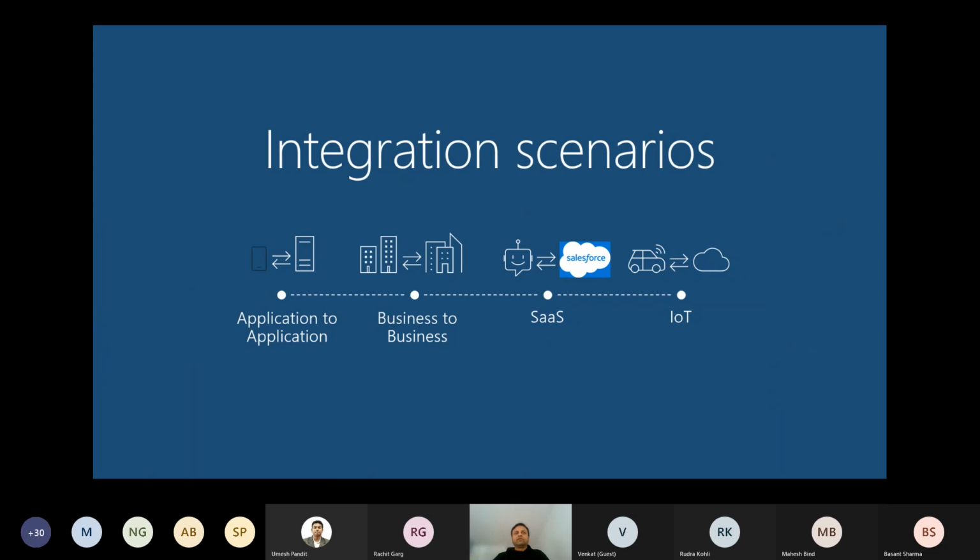When we look at integration scenarios, we come across application to application, business to business, software as a service, SaaS, and IoT. When we say business to business, just to clarify, it is more from the angle of supply chain management, connecting to other businesses, wherein you want to achieve the whole cycle. So if you have to achieve the whole cycle, you have to connect business to business also in some scenarios. And the rest, you are very clear about: IoT, application to application and SaaS situations. So visualizing integration entirely will be possible if you look at these things.